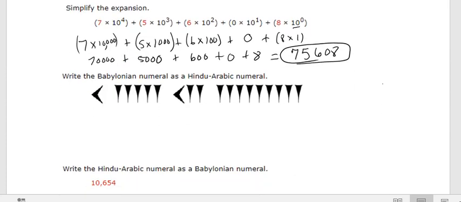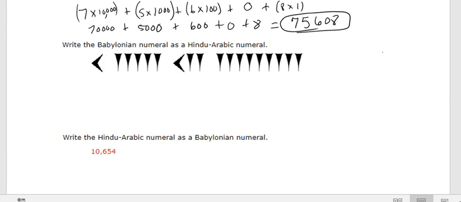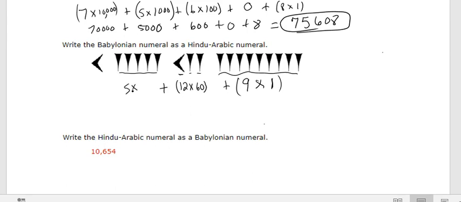Okay, the next question, write the Babylonian numeral as a Hindu Arabic number. So here we want to group these together first, and there's 9 of them. So this is 9 times the ones place plus, notice there's a gap here. So this symbol represents 10, and this represents 10, these represent 1. So that would be 12 times the next place value, which is going to be 60, because we're in base 60, plus here I have these together, so that's 1, 2, 3, 4, 5 times the next place value, which